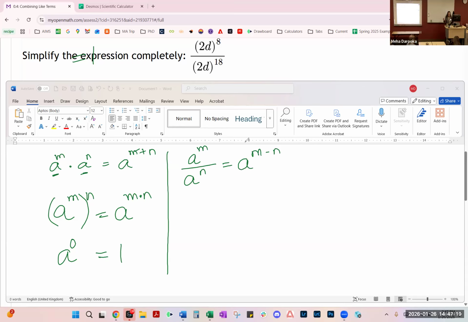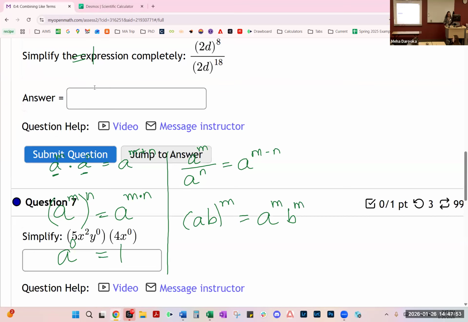But before that, we would kind of have to use the distributive property for the exponents also. So what that means is if you have two different bases inside the parentheses with the same exponent, that exponent applies to everything that's on the inside of your parentheses. So you would have a to the power of m and b to the power of m. So that exponent again gets applied to everything,